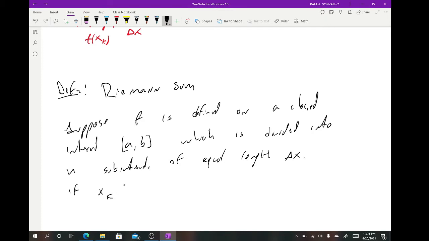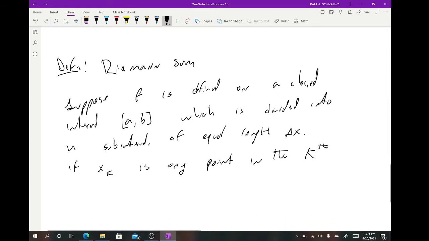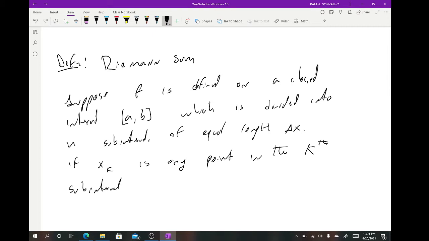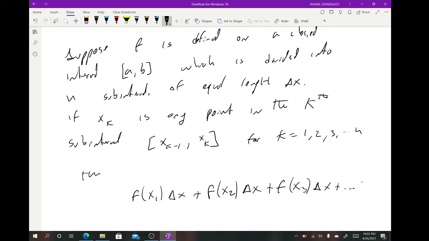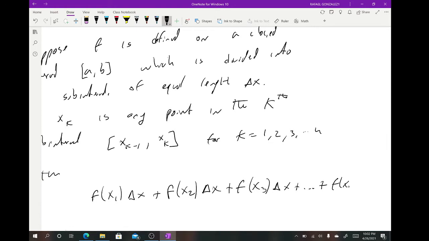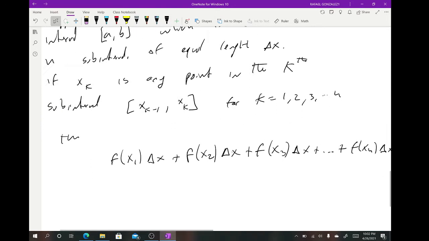If xk is any point in the kth subinterval xk minus 1 to xk, for k equals 1, 2, 3, all the way to n, then f of x1 times delta x plus f of x2 times delta x plus f of x3 times delta x plus all the way to f of xn times delta x is called a Riemann sum